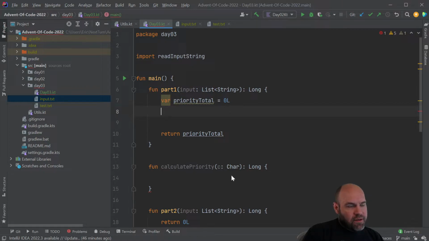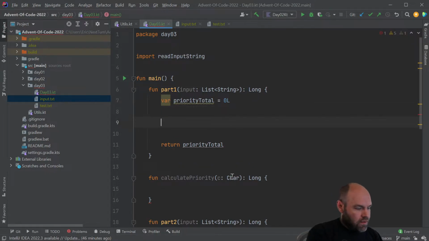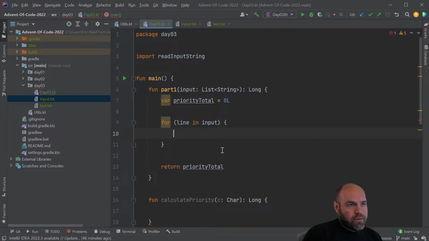Okay. So the first thing we need to do is split each line into its own 2 halves. So for line in input, should be familiar by now, and then we're going to make 2 substrings. So val stack1 is going to be equal to the line dot substring, so we'll do 0, and we want line dot length